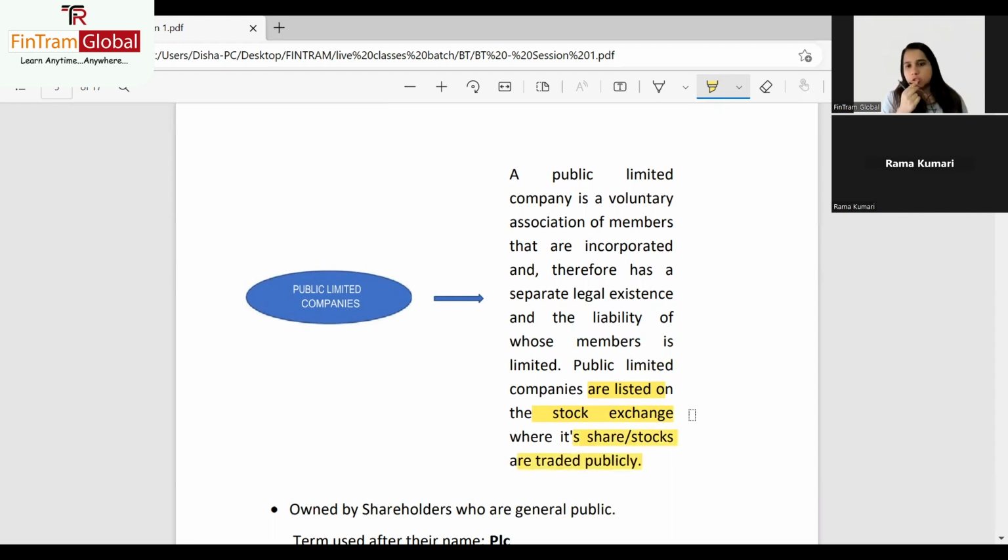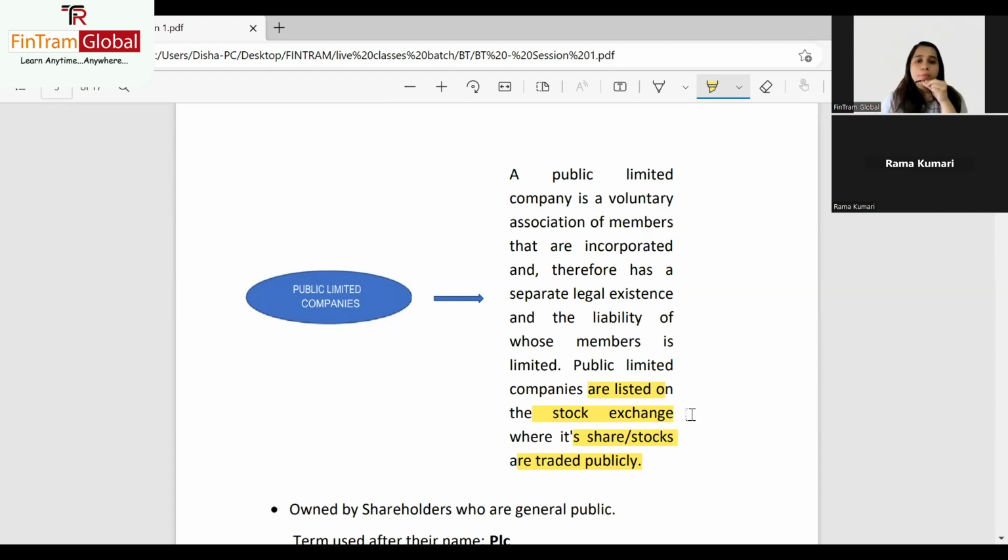So there are various stock exchanges. If you are listed on a stock exchange wherein people can buy the shares or stocks of your company freely, they are traded publicly, right? So you would have the option to buy. I could choose to buy 1 share, I could choose to buy 10 shares. That is up to me. That's on my free will. But of course, I have to pay the value, whatever the company is quoting there.